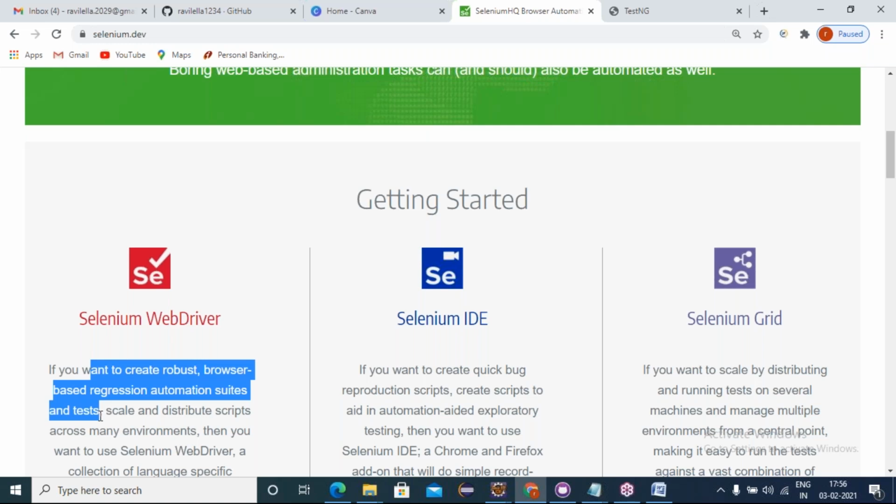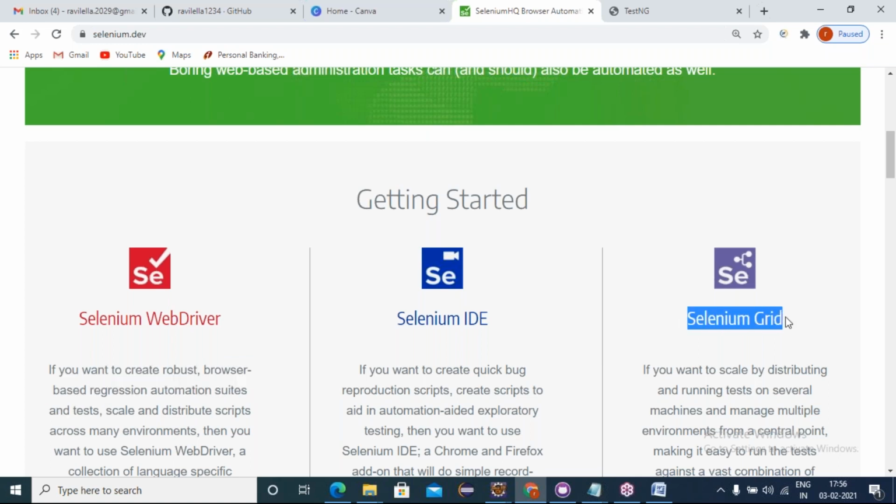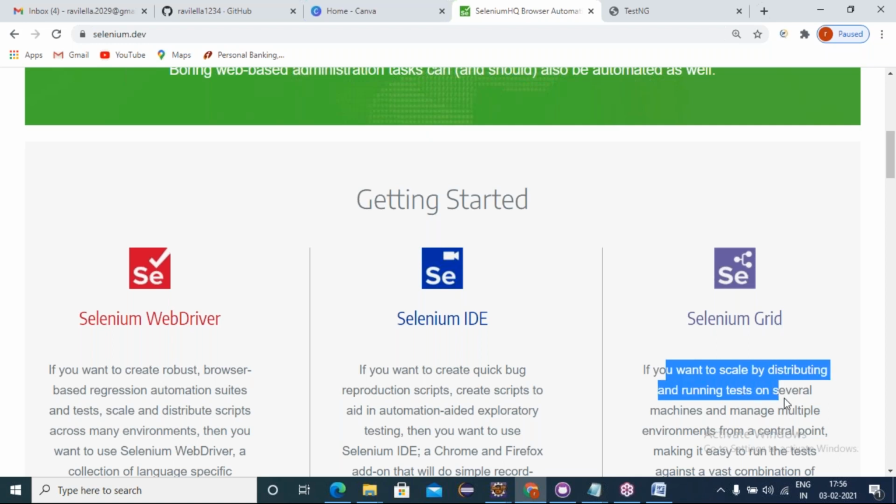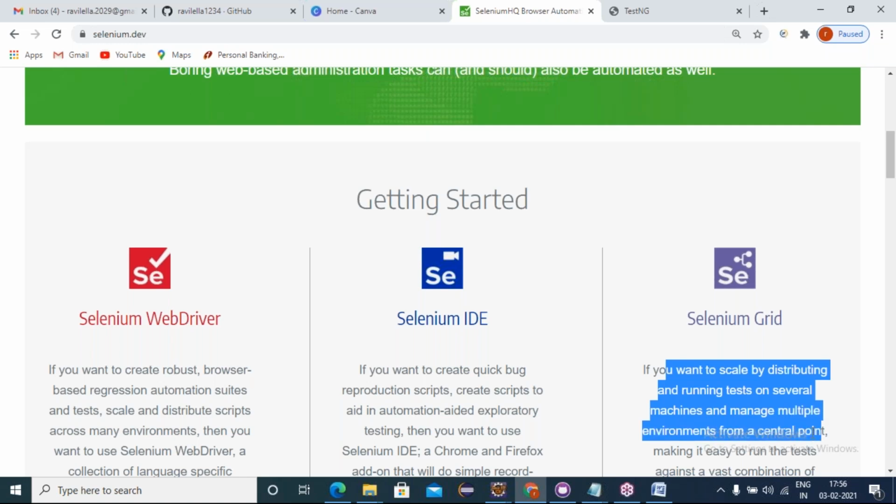Once we develop the script using WebDriver, then we have to scale and distribute it, executing on multiple platforms and multiple browsers. Who will do that? Grid. Grid will scale and distribute, run the tests on several machines, and manage multiple environments from a central point.